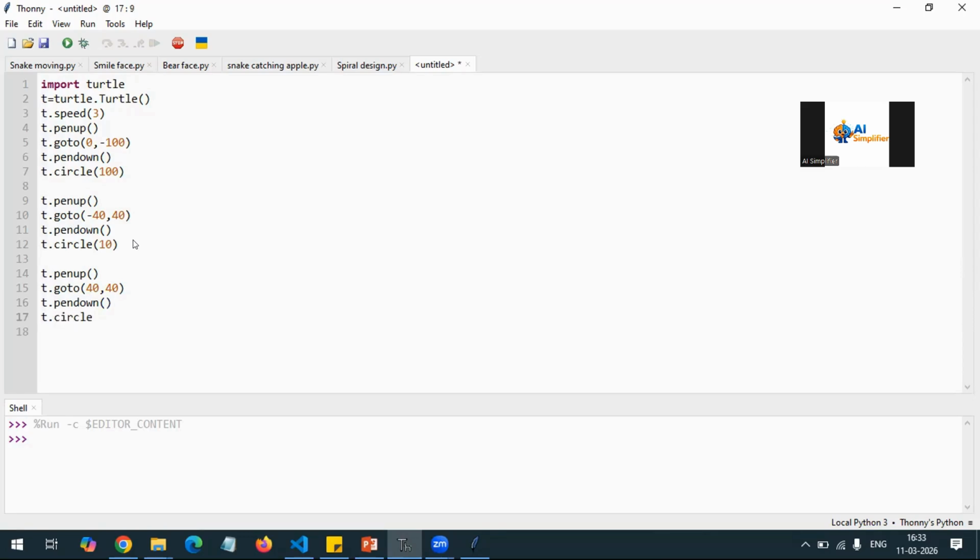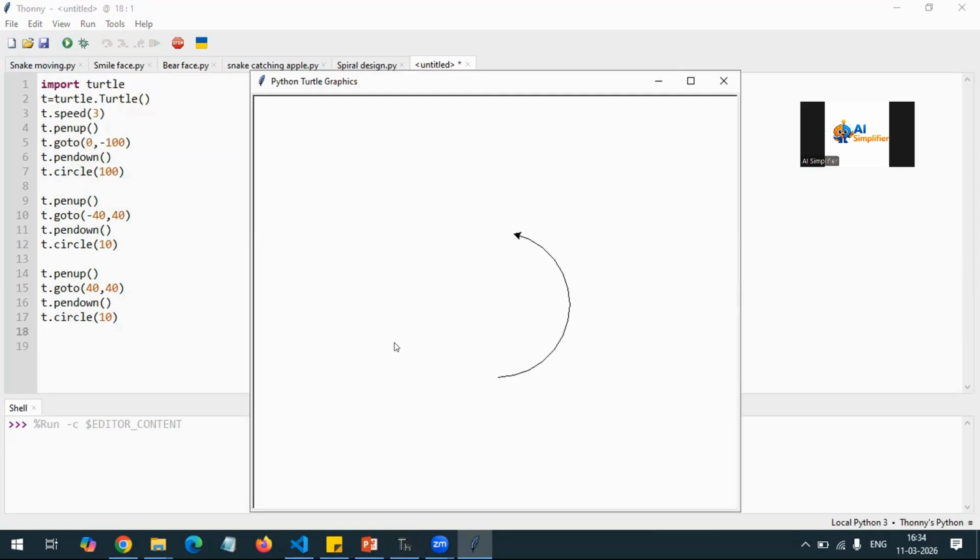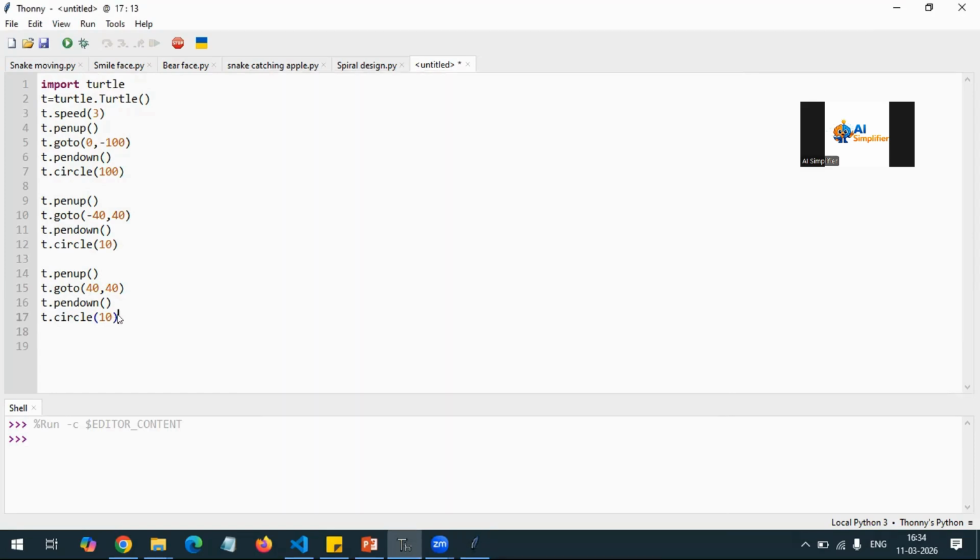So this is how you can draw the circle. And now your right eye is also done. Now you can see here, this is the face, this is the left eye, and this is the right eye. This is very beautiful.